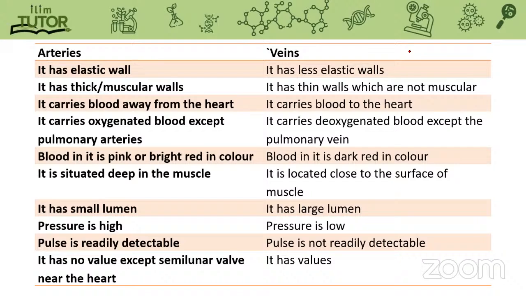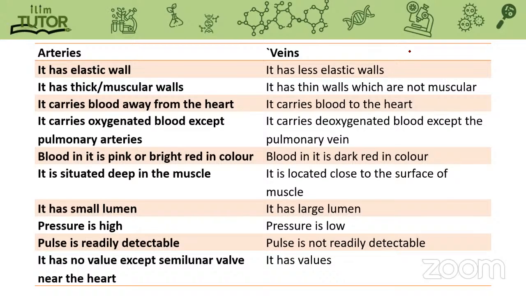The arteries, they are thicker, they are more muscular, okay, because apart from even having a higher concentration of elastic fibers, they have more collagen and they have more smooth muscles, okay, compared to the veins. The veins are thinner and not as muscular as the arteries. Then we have number 3,